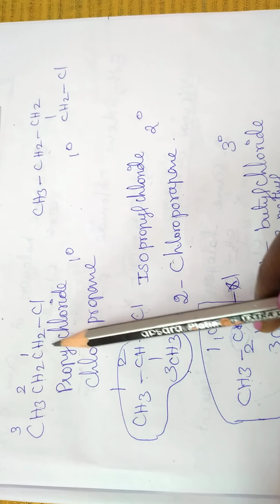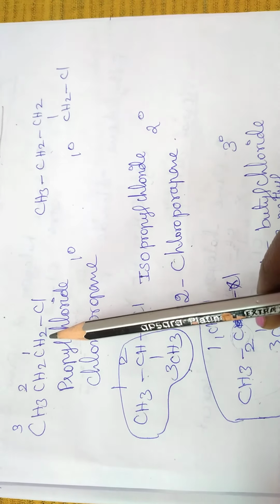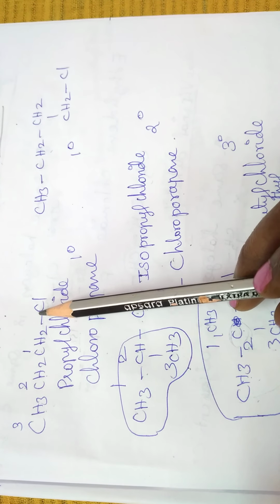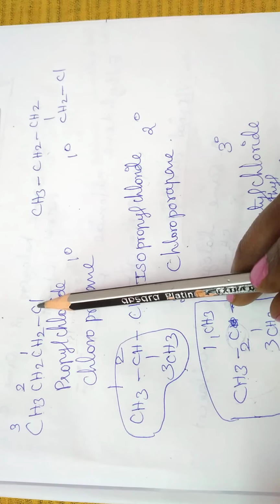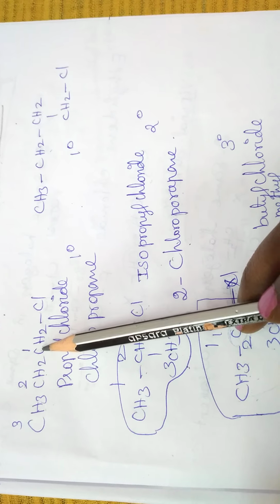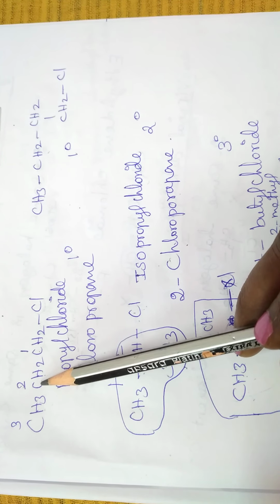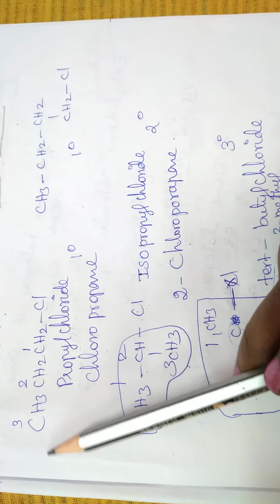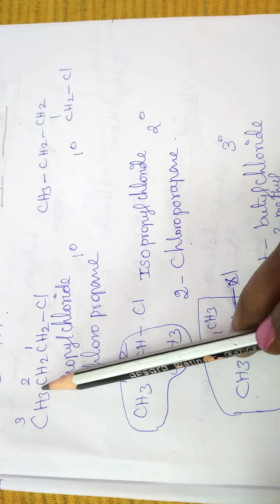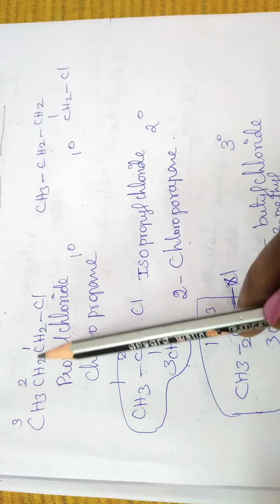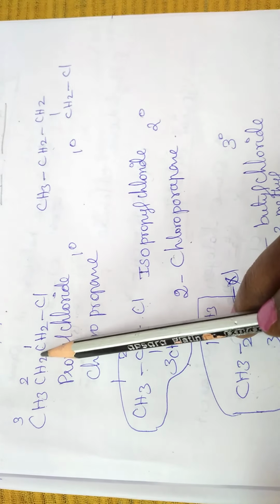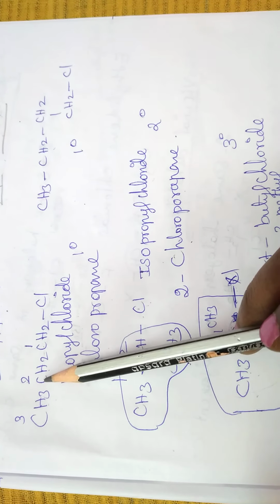Now we can find out whether it is primary, secondary or tertiary. When you notice, this is the functional group carbon, where the halogen is attached. That carbon is known as the functional group carbon. When you notice this carbon, it is directly attached with only one carbon, not the remaining carbon. Usually the students get confused with this. They would say it is attached with 2 carbons. No, it's directly attached with only one carbon. Between this carbon, only one bond is present.